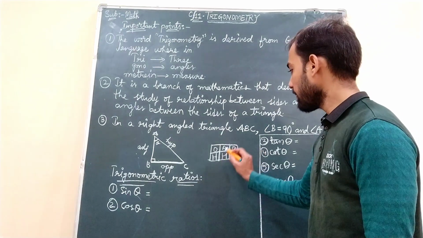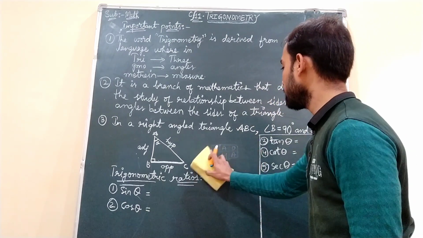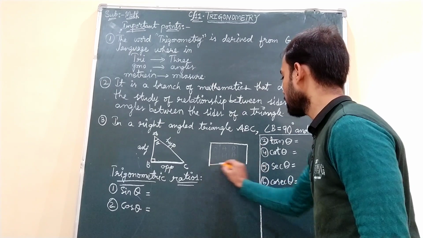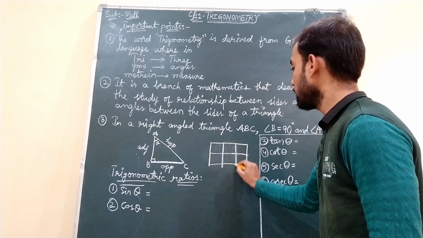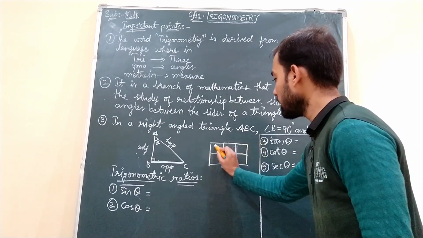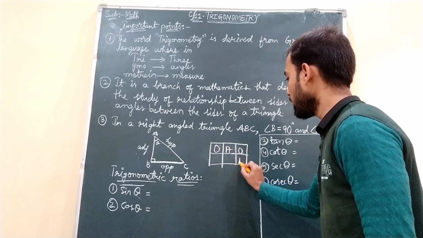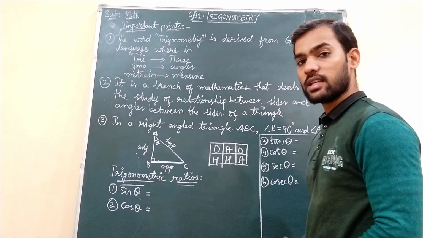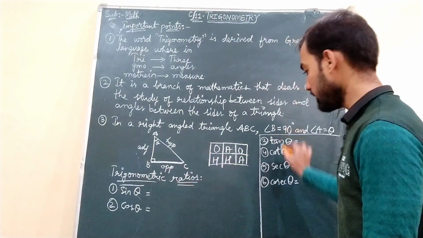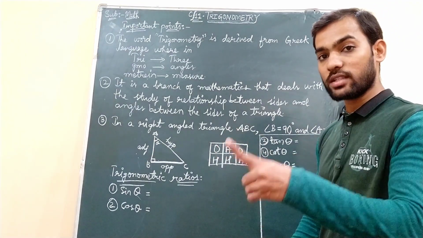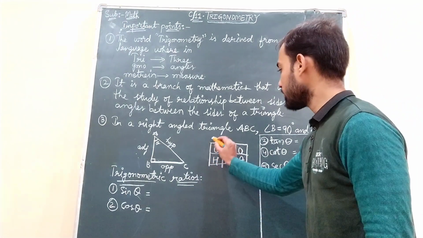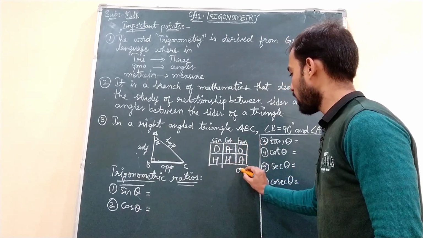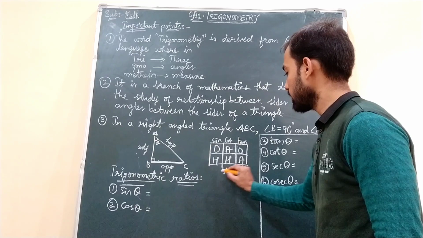Understand? So here what I will do, I will just make this table bigger. What I said? 2 rows, 3 columns, then OA, OA, and in these 2 boxes H, H. So by seeing this table, easily you can write all the formula. As you have written this in order, this order you should remember: sine, cos, tan, cot, sec, cosec.